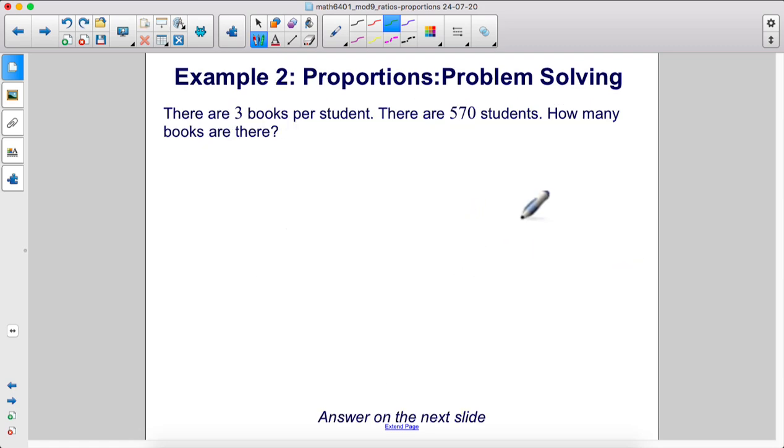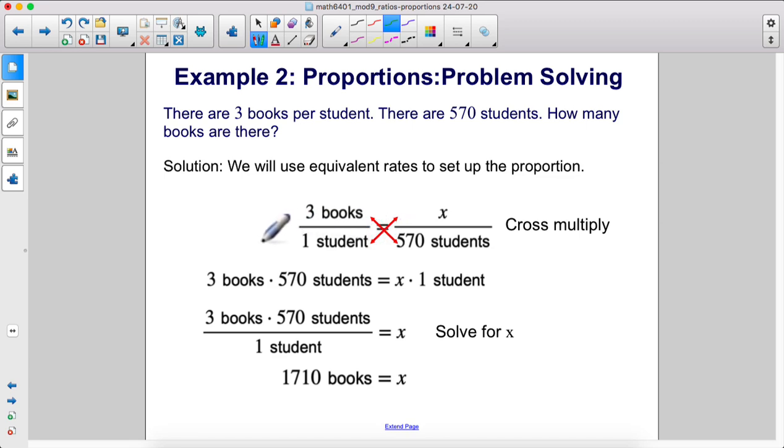There are 3 books per student. There are 570 students. How many books are there? We will use equivalent rates to set up the proportion. If there are 3 books for one student, there are X number of books for 570 students. Cross multiply. 3 books times 570 students equals 1 student times X. Therefore, 3 times 570 is 1,710. We just divide by 1 student, and what that does is the units for student cancel, giving us 1,710